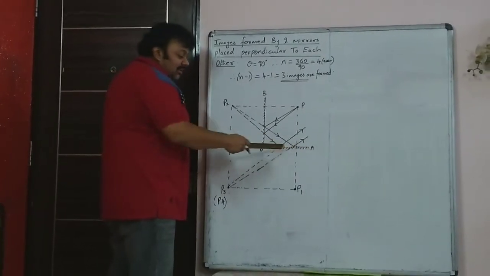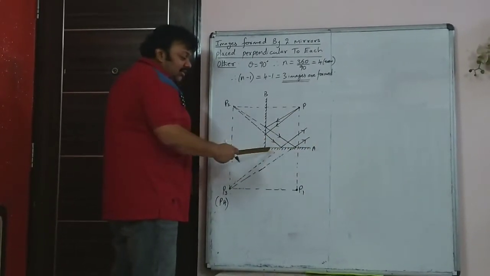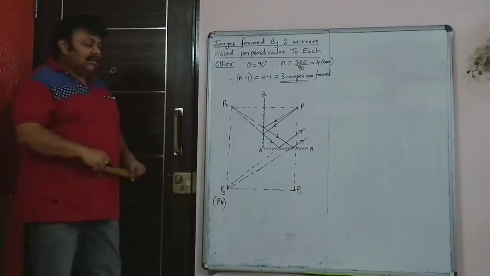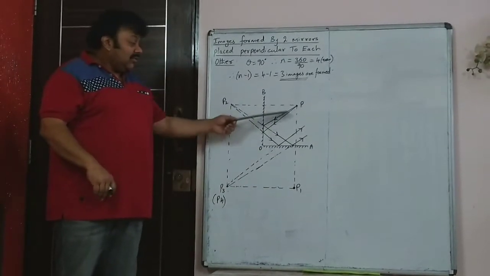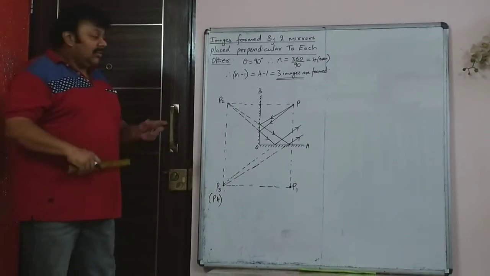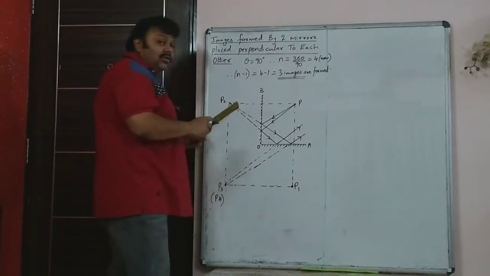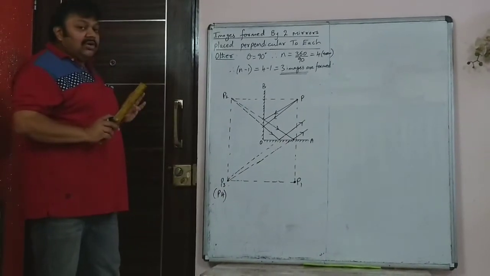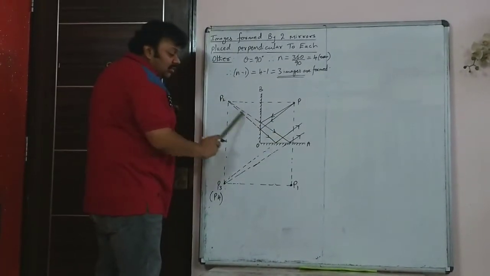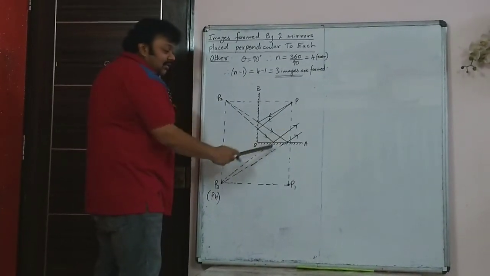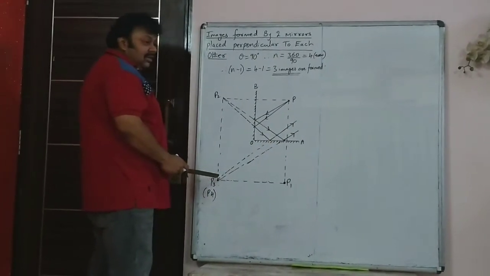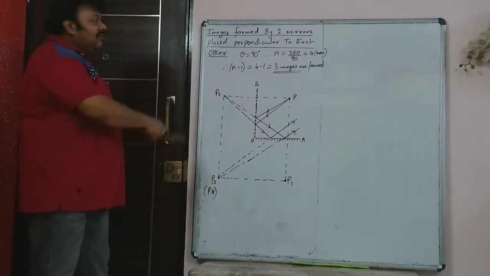So that will be when object is P and the image is formed by OA. You will get the image at P1, but we are not drawing all that, because in that case there will be so many rays inside that it will look very congested and it will not be able to be explained. So this is exactly what is shown in the textbook also, and this much is what you are expected to draw. So 2 rays from P appearing to come from P2, those rays getting reflected, and the reflected rays again acting as a virtual object and image formed at P3. So that is what you have to draw.